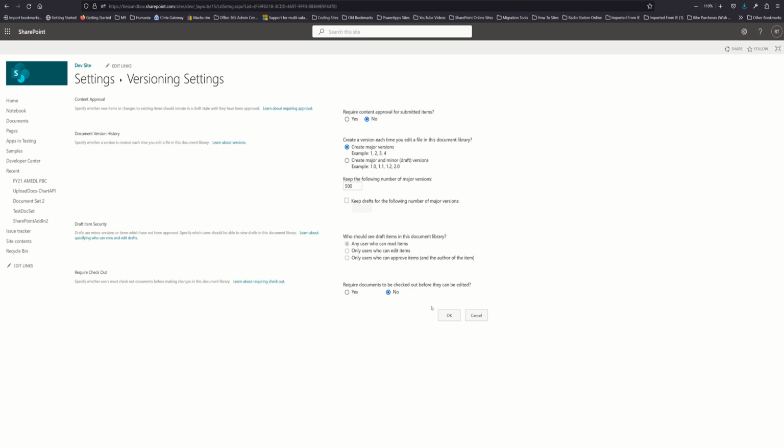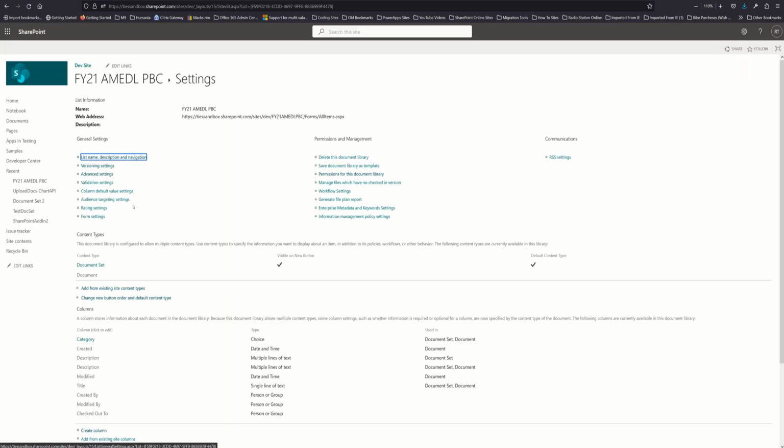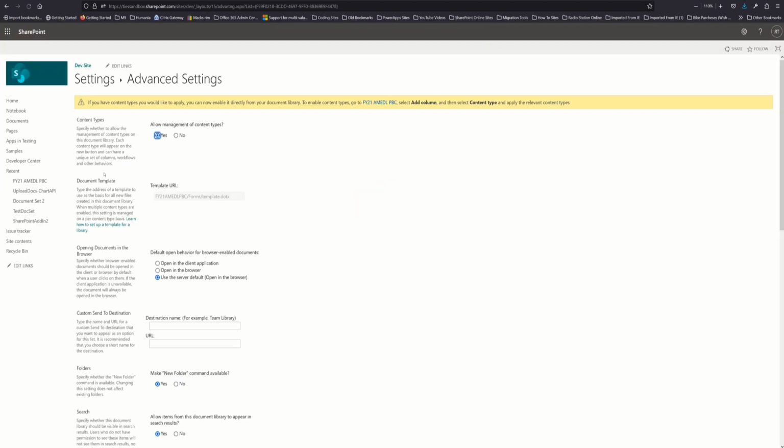Step 1, versioning. Make sure this is set to no, which it is. And then the second thing is you got your content types here, right? Now the first thing I want you to do is we need to turn off those content types because we got to make sure none of these fields are required. The content types take over that functionality,